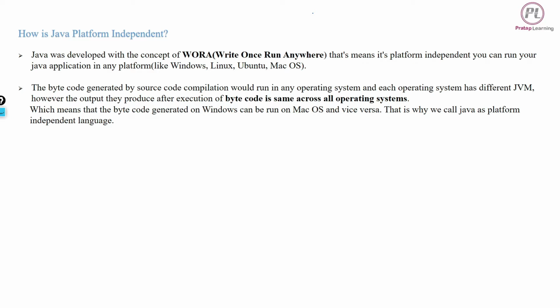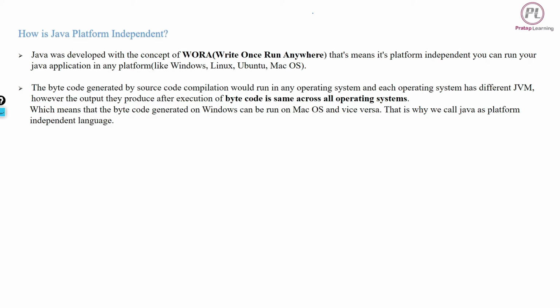And what is the specific reason why we can consider Java as platform independent? The reason is the byte code generated from source code after compilation will run on any operating system, and each operating system has a different JVM.